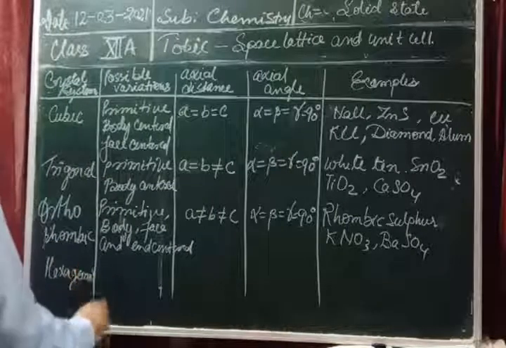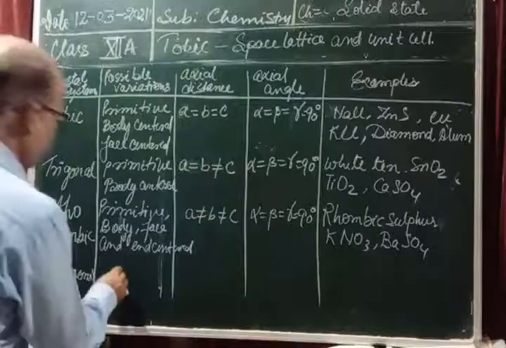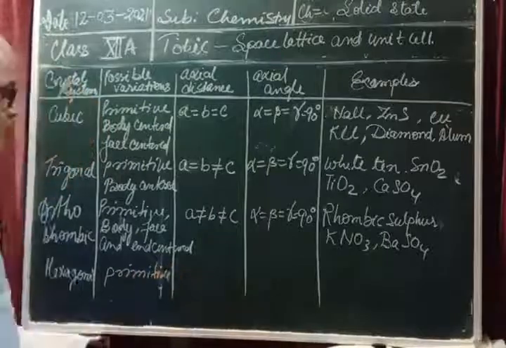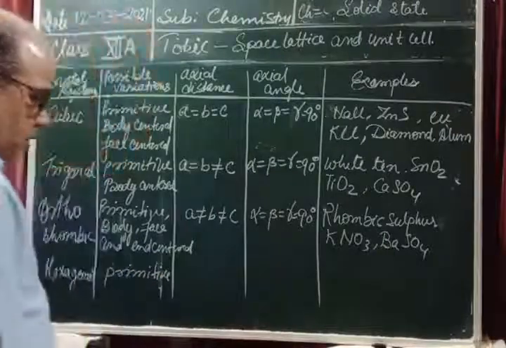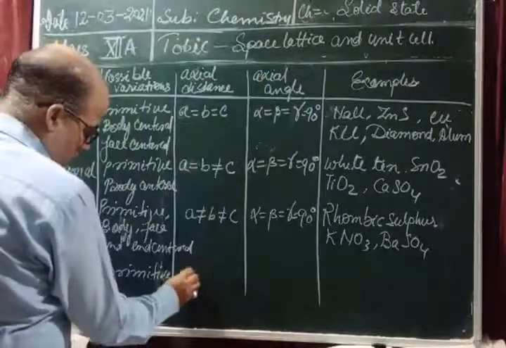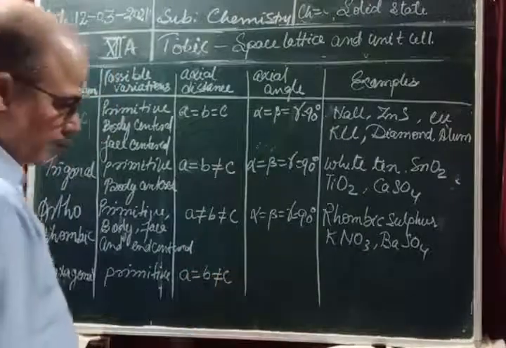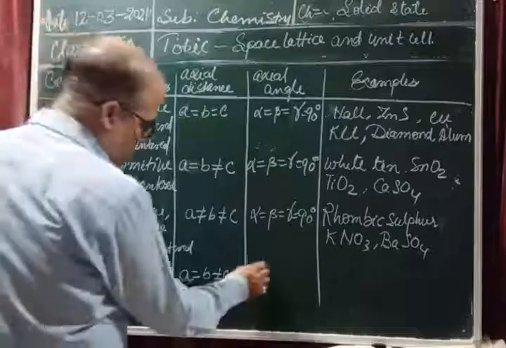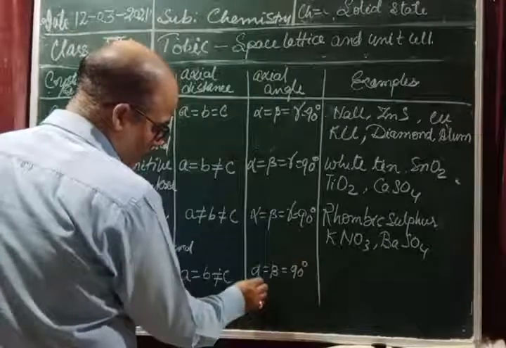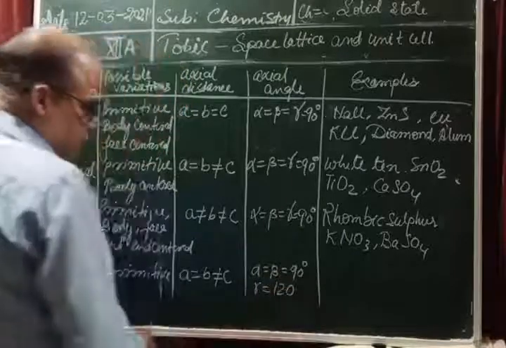hexagonal. Next one is the hexagonal. Only primitive structure is possible. Only primitive is possible. And here, A is equal to B, but B is not equal to C. And angle is alpha equal to beta equal to 90 degree and gamma is equal to 120 degree. Okay,